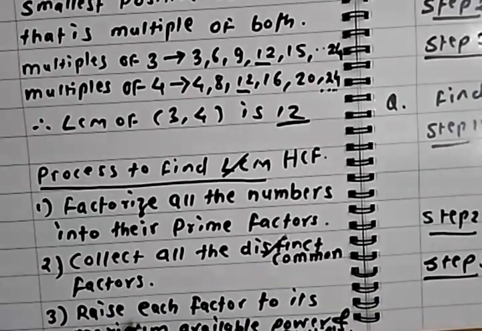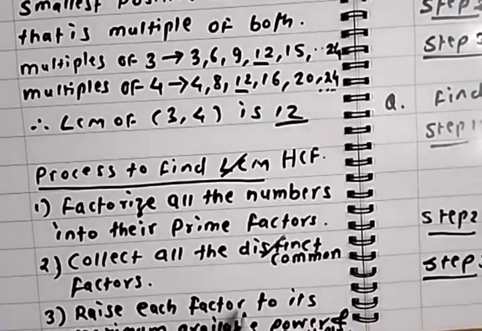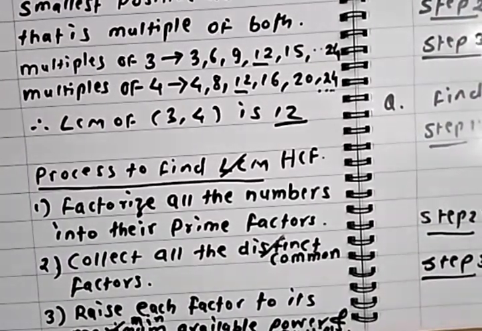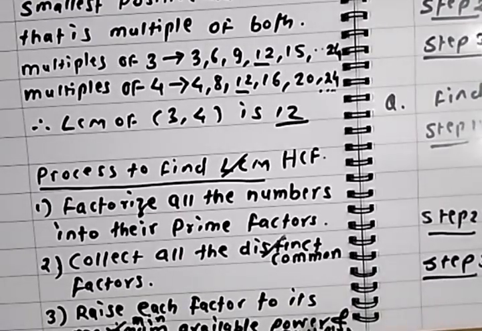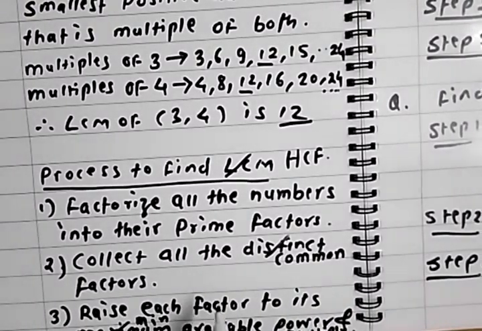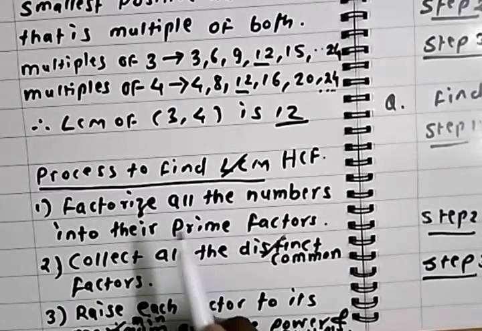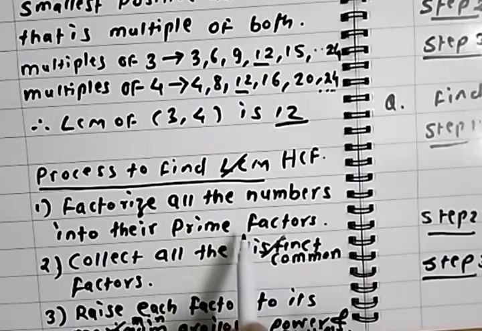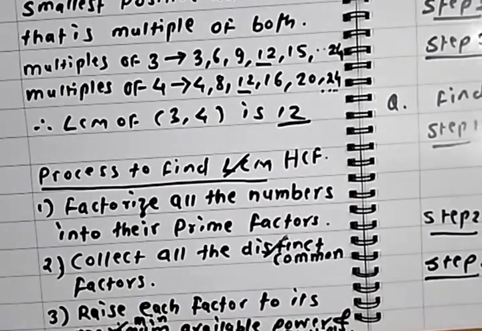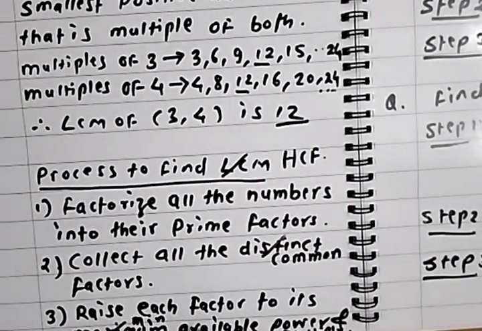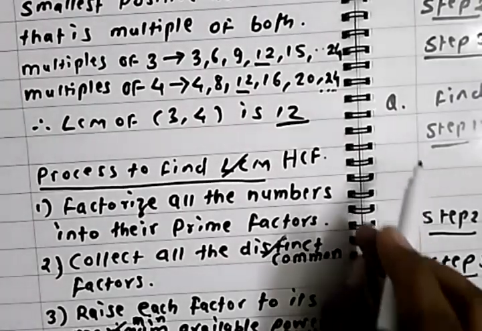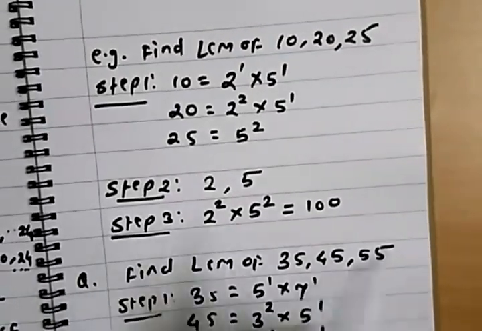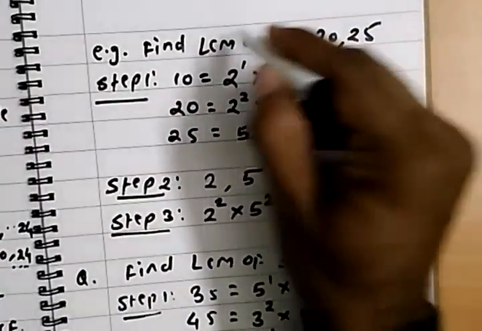Step number 3 says raise each factor to its minimum available power and multiply, not the maximum power, which was the case in LCM. So there are three steps in HCF. Factorize all the numbers into their prime factors, collect all the common factors, then raise each factor to its minimum available power and multiply. For example, let's try to find the HCF of now this